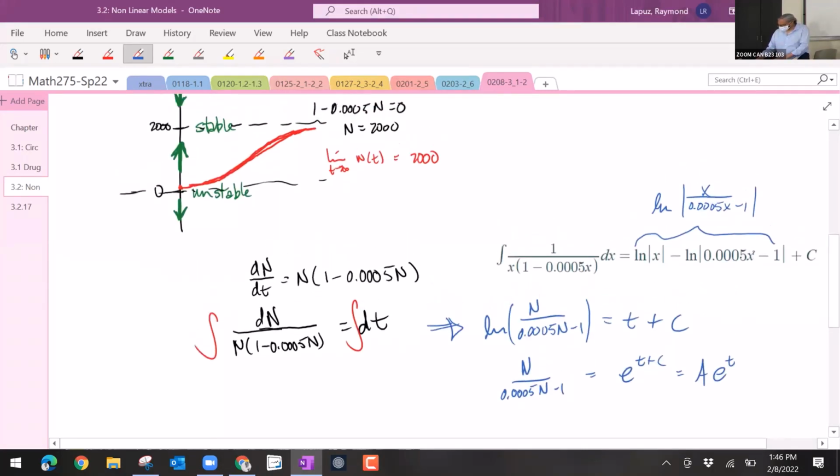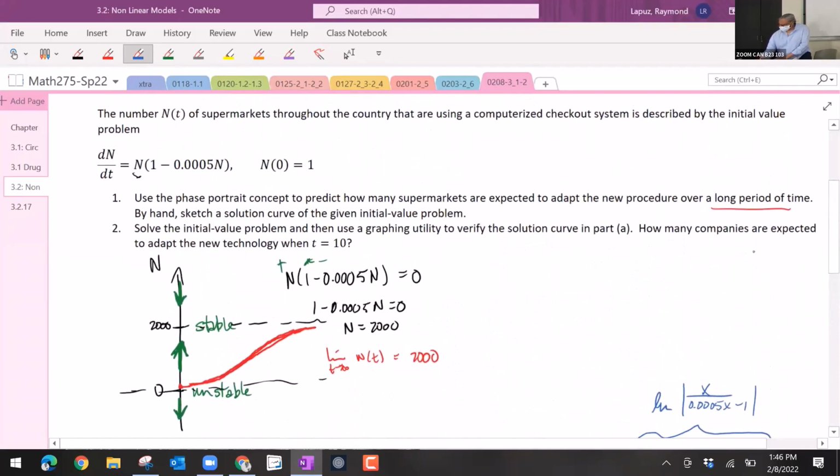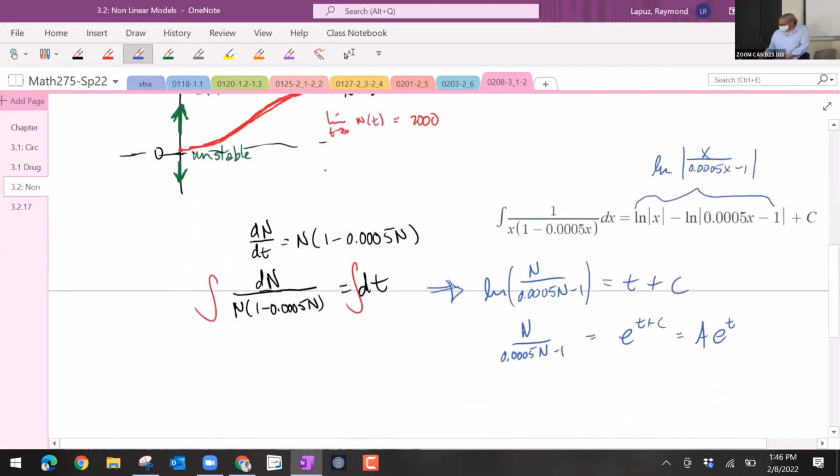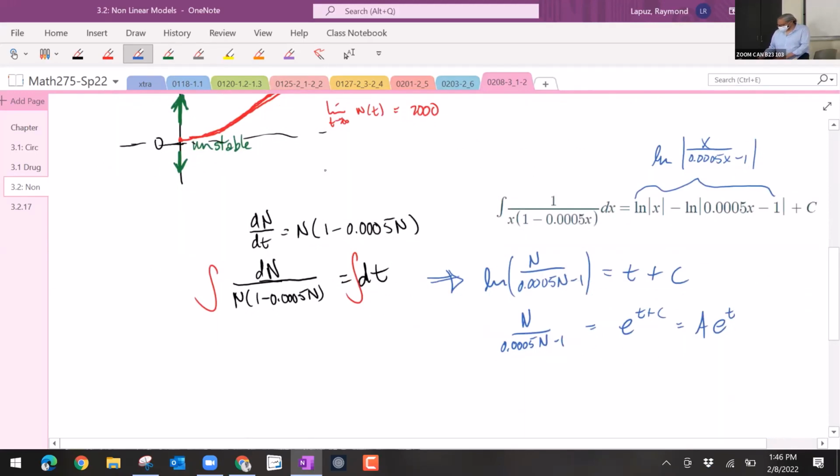We have an initial condition, n of 0 is equal to 1. So we can solve for the constant a now, or we can solve for it later. Let's solve for it here. N of 0 equals 1, so this would be 1 divided by 0.0005 times 1 minus 1. Maybe we should have solved for it later. Oh well. A e to the 0, so that's just a is equal to 1 divided by,